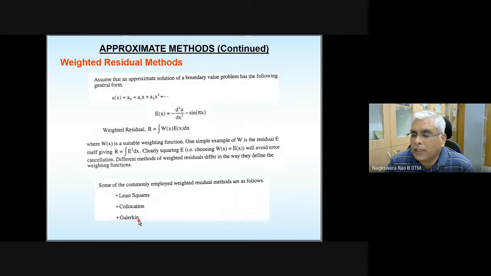In the Galerkin method, please note that research in any area means you need to observe what other people have done so far or what they are currently doing, and then watch carefully and ask: can we improve something on whatever the other people are doing? That is exactly what Galerkin did.